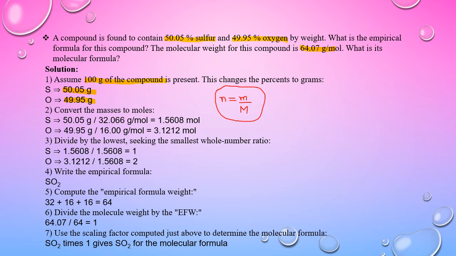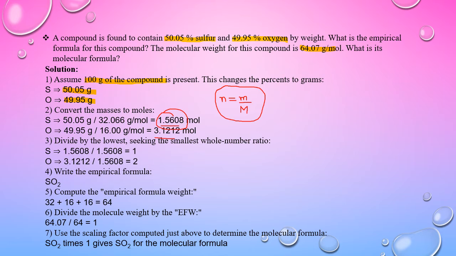We have calculated given mass upon the molar mass. Now what is the molar mass? How are we getting the molar mass? What is the atomic mass of sulfur? Here we are taking the individual element. So the atomic mass of sulfur is 32. Right, we take the molar mass if we are finding the number of moles of molecules, but here we are finding the moles of individual elements, so we are going to take the atomic mass. Okay, similarly, given mass upon atomic mass of oxygen, we obtain the mole. So here we obtain the moles.